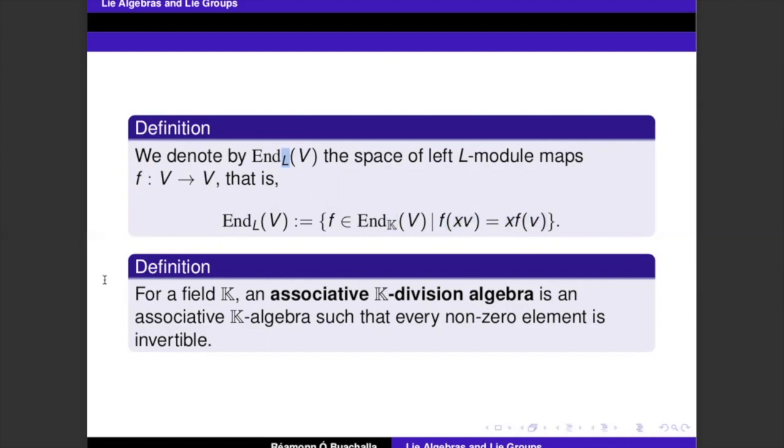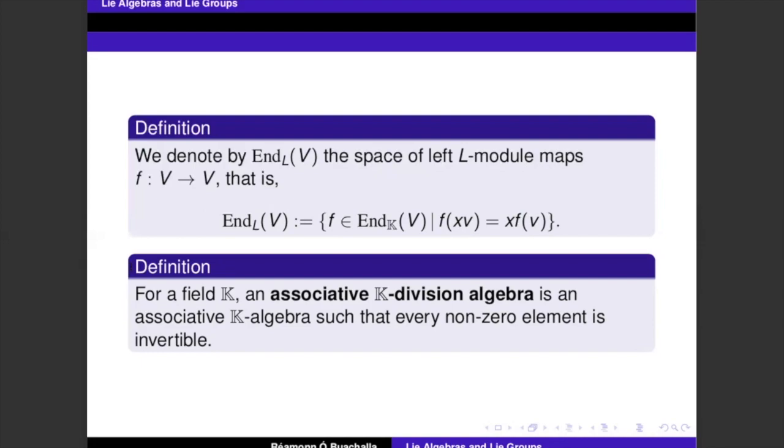Now, for a field K, we're just going to move to a second definition. This is useful in the formulation of the lemma that we're about to prove. You should probably have come across this before in your first algebra courses, but anyway, we'll recall it. Let K be a field. An associative K division algebra